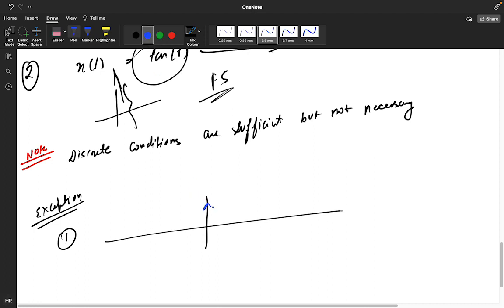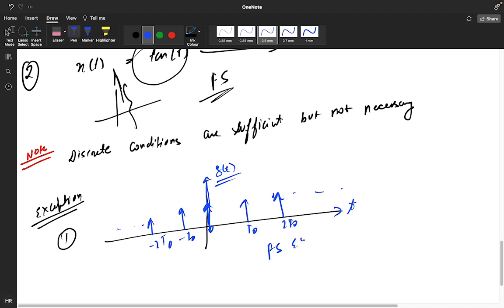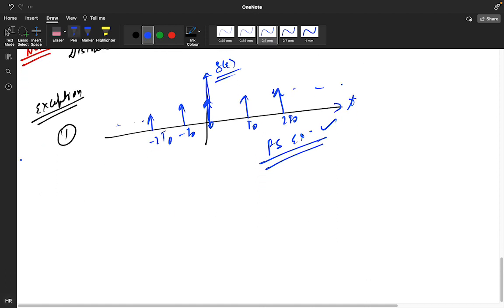Okay, you are getting the infinite value. See, the value is infinite in magnitude, because delta t at 0, t naught, minus t naught, minus 2 t naught, we are getting an impulse. So this kind of a signal, this is your delta t value. We can express it as a Fourier series, but the Dirichlet conditions will not be satisfied in this. Okay, similarly, example 2,